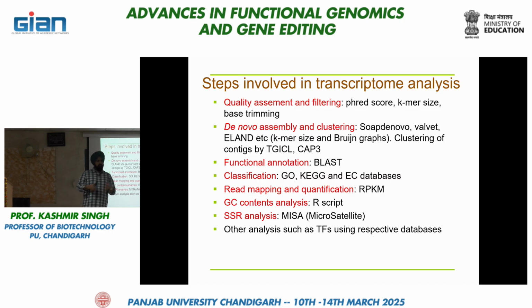People always used TGICL or CAP3 to reduce the number of contigs. But nowadays no one uses that, because it will remove the isoforms, or the splice variants, from your data. So nowadays, mostly people don't use it. Then after you did